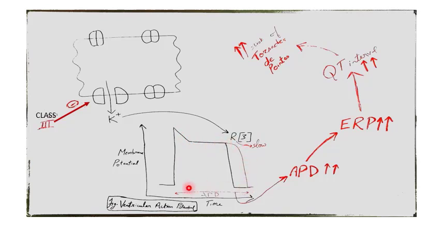As a result, action potential duration will be prolonged. From here till here will be the action potential duration, that will be prolonged. So the effective refractory period will be prolonged. That means the QT interval on ECG will be more, and that increases the risk of torsades de pointes. So this is the effect of class 3 antiarrhythmic drugs on the repolarization phase in the ventricular action potential graph.